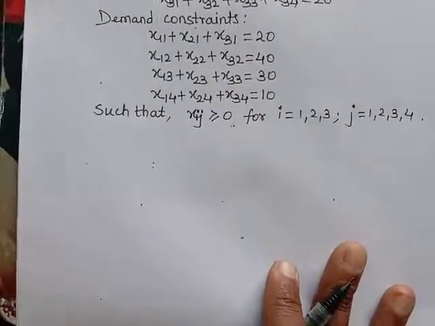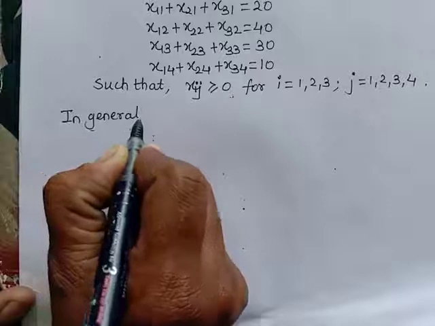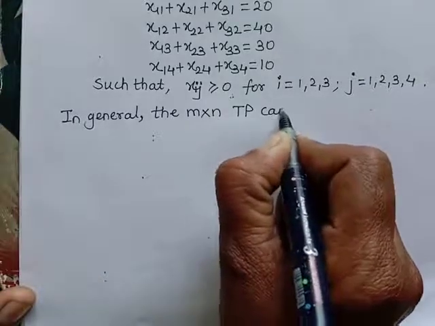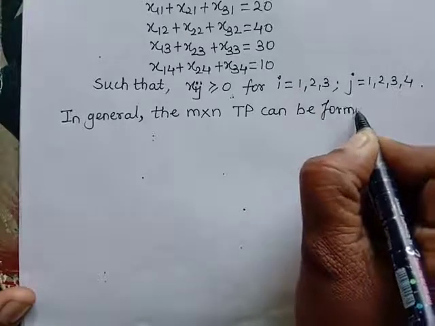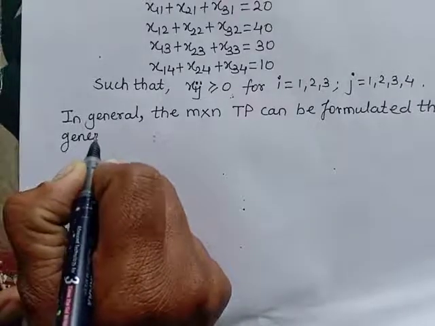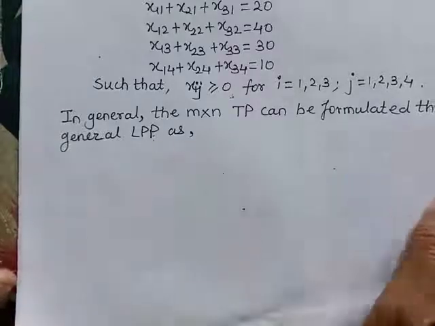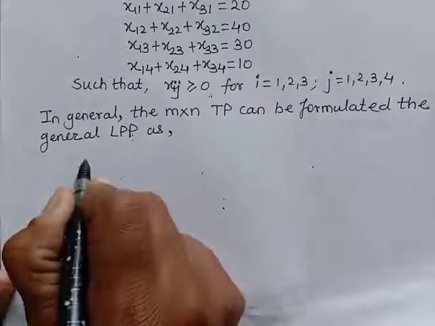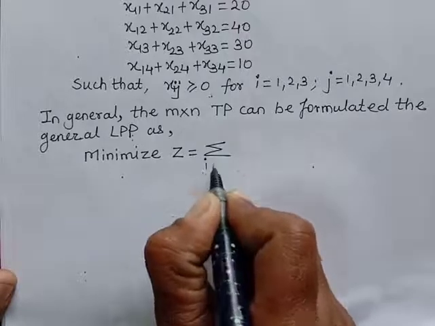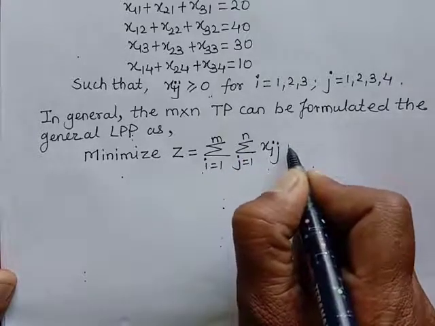Now let me write the general form of this. In general, the m by n TP can be formulated as the general LPP: minimize z equal to summation i goes from 1 to m, j goes from 1 to n, xij into cij,